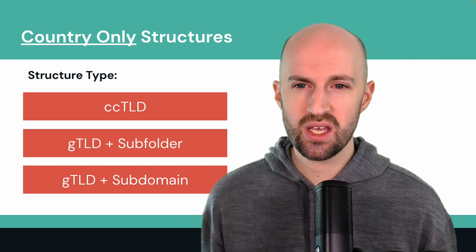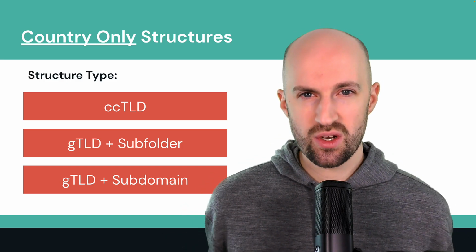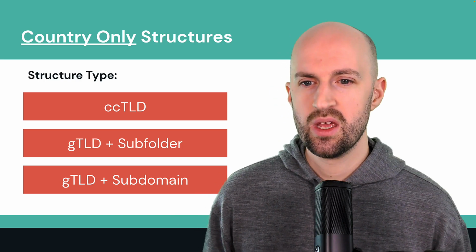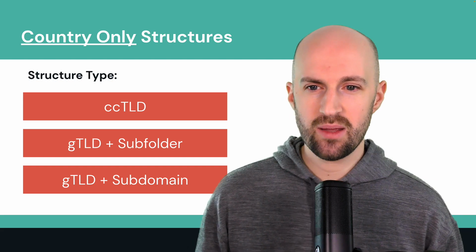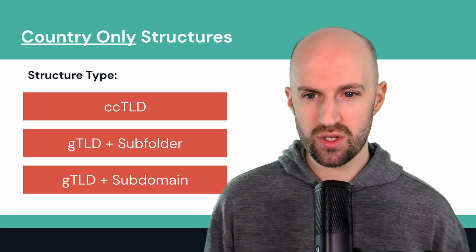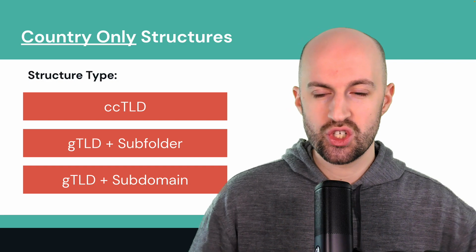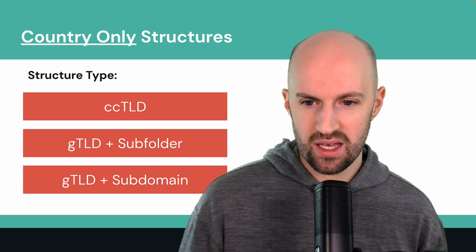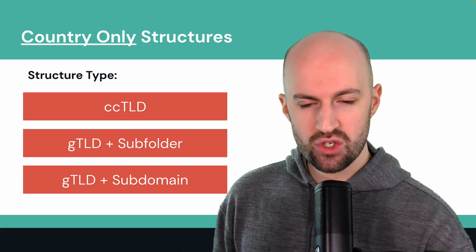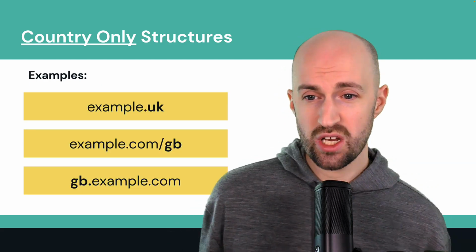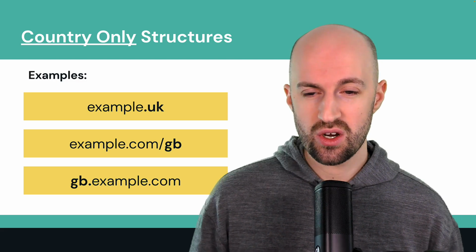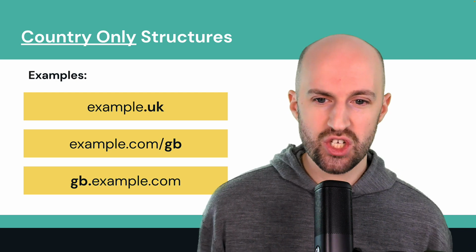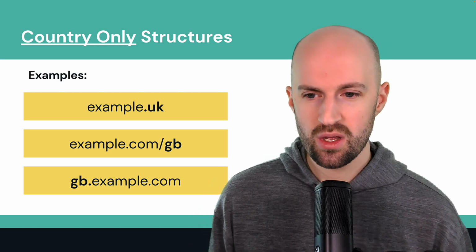So firstly, let's say you're only targeting countries on your website. It's going to be in one language, but you're targeting multiple markets. So you can use a ccTLD, a country code top-level domain, or you can use a generic top-level domain plus a subfolder, or you can use a gTLD plus a subdomain. Let me show you examples for each. You could use .uk if you're targeting the UK. You can use example.com/gb, GB as in Great Britain, that's the code, or